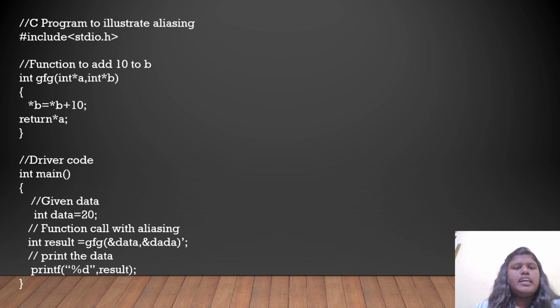Program to illustrate aliasing. #include <stdio.h> int gfg(int *a, int *b) { *b = *b + 10; return *a; } int main() { int data = 20; // function call with aliasing int result = gfg(&data, &data); // it prints the data using printf printf("%d", result); }